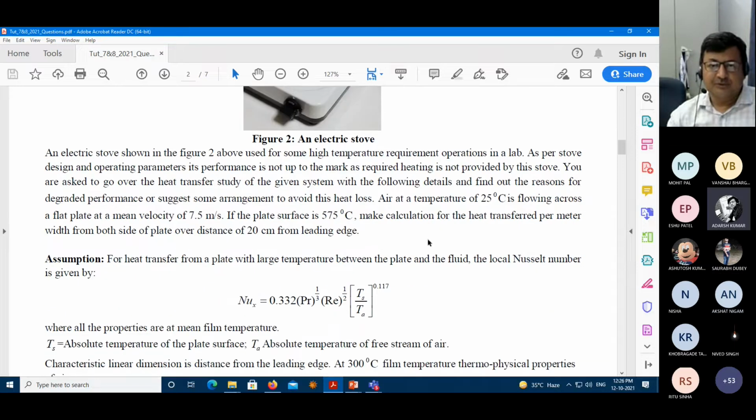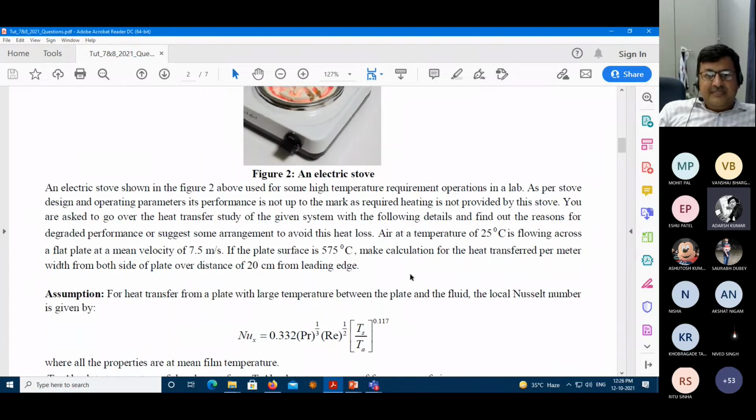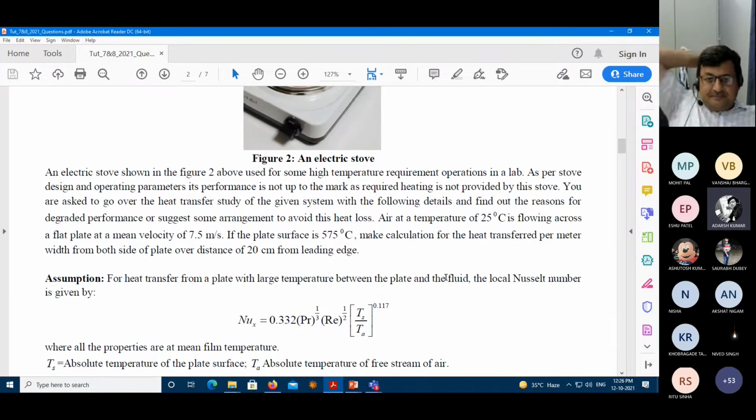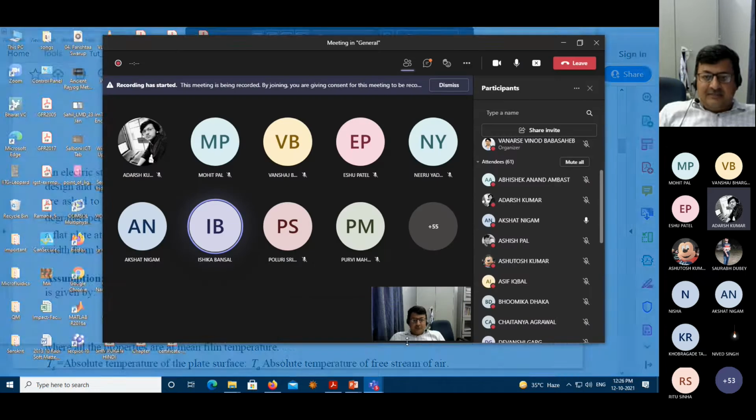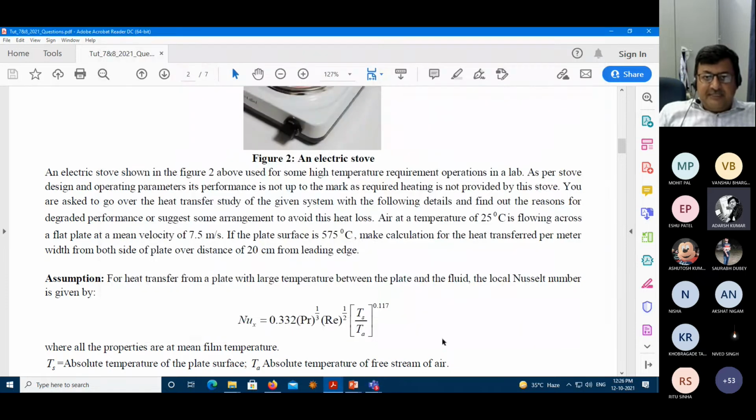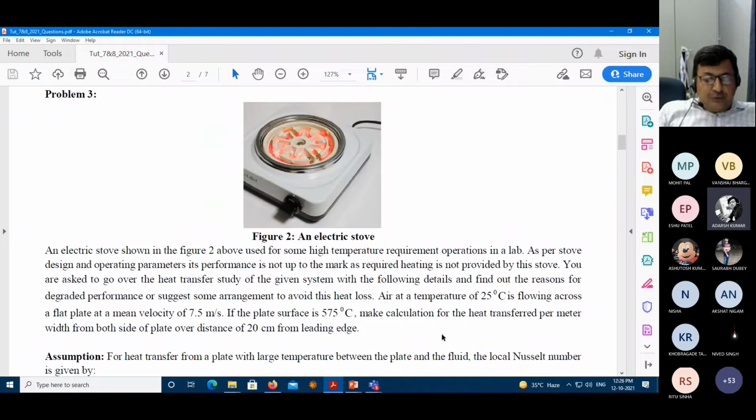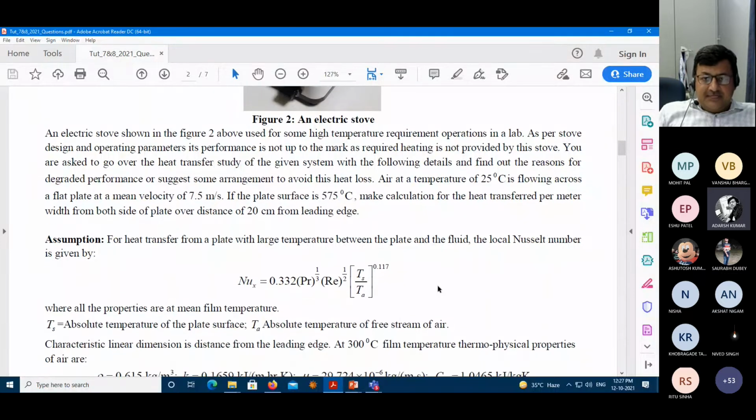How do you go about this problem? So your expression for this particular system, the expression for Nusselt number is given, correct? So whether it is a forced convection or free convection, what type of situation is this? Do you have any idea? Forced. Forced was your answer, right? Yes, forced. It's a forced convection, right? Okay, but there is a chance of free convection also, right? There is a temperature gradient here, right? So how will you attempt this problem?